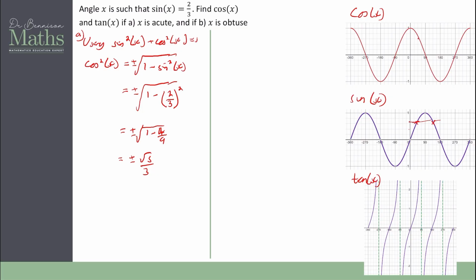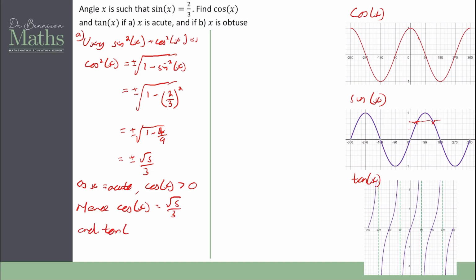So as x is acute, between 0 and 90, cos x is between 0 and 1. So cos x is greater than 0. Hence, cos x is root 5/3,